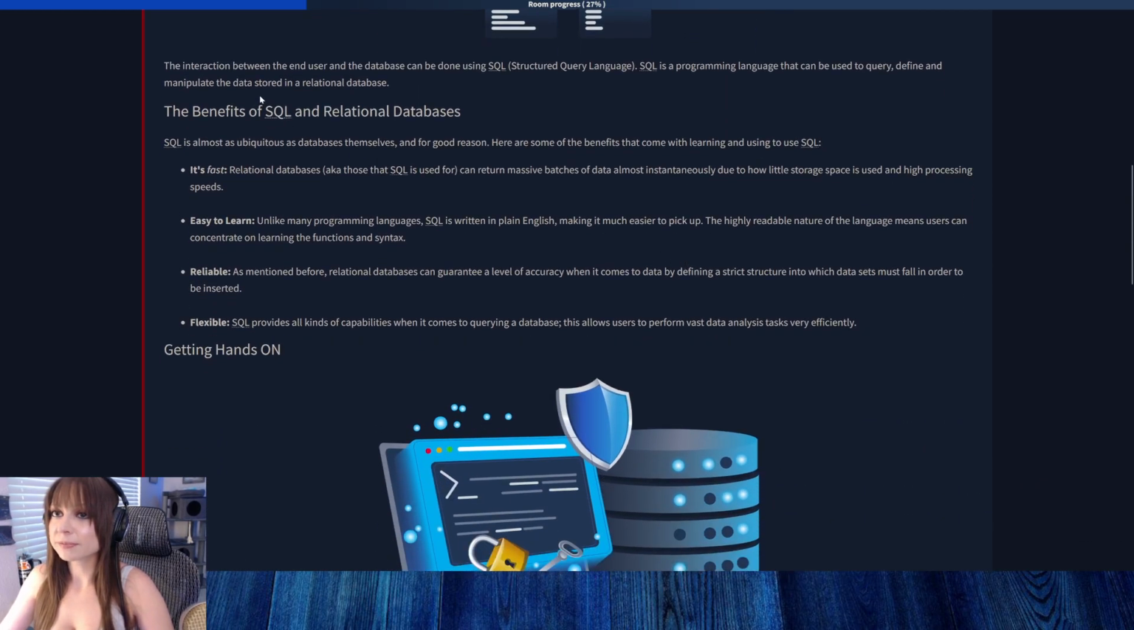Teensy tiny bit. The interaction between the end user and the database can be done using SQL. SQL is a programming language that can be used to query, define, and manipulate the data stored in a relational database. The benefits of SQL and relational databases. SQL is almost as ubiquitous as databases themselves, and for good reason. Here are some of the benefits that come with learning and using